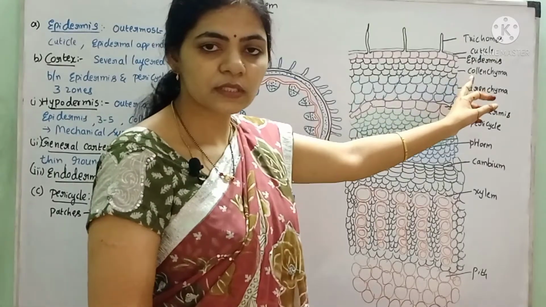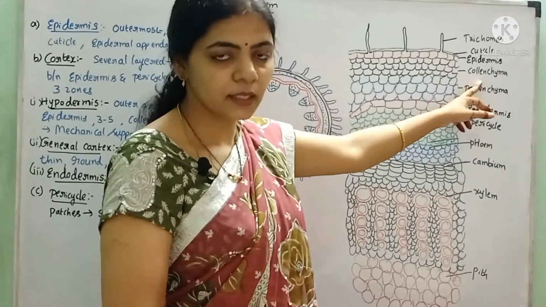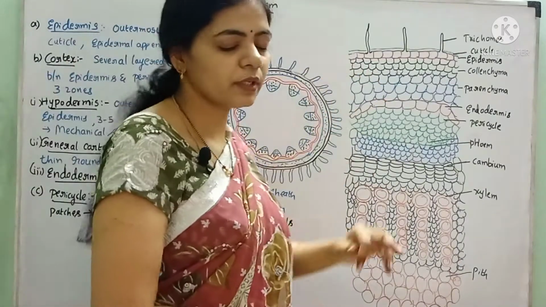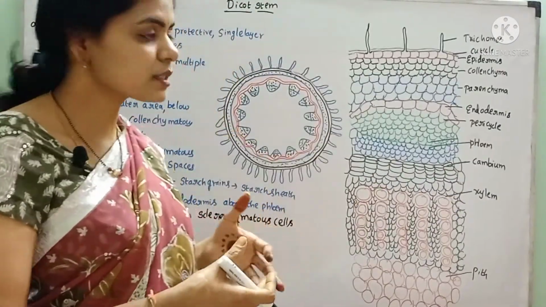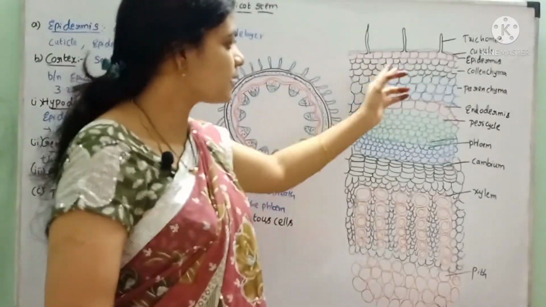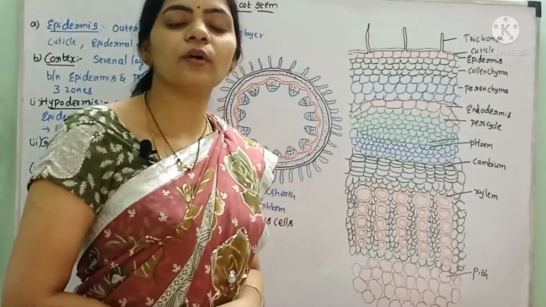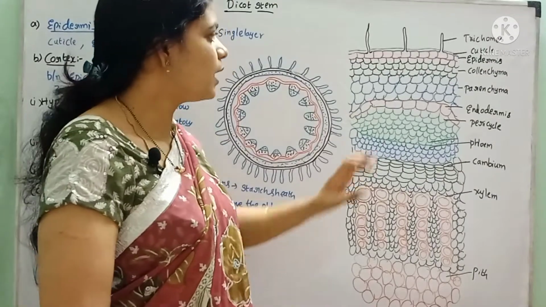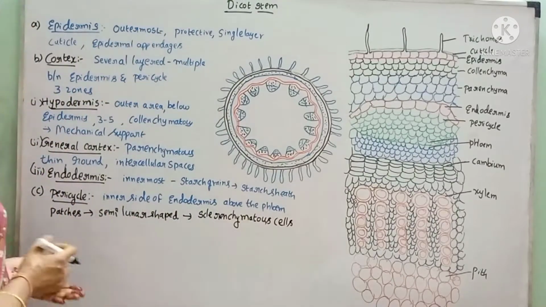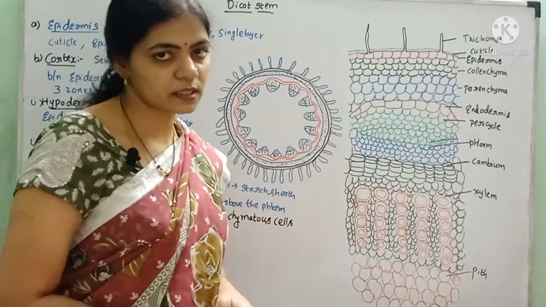Here we are studying the dicot stem. Hence, the cells present in the hypodermis are nothing but collenchymatous cells, that is, collenchyma cells are present in it. These cells are closely arranged. They do not have any intercellular spaces. Is there any space present between the cells? No. These collenchymatous cells have no intercellular spaces, and the function of this collenchyma is that it provides mechanical support in the young stems.